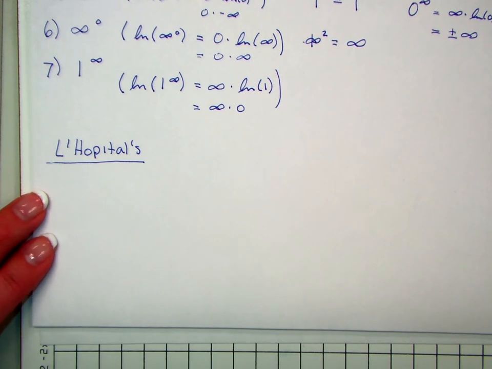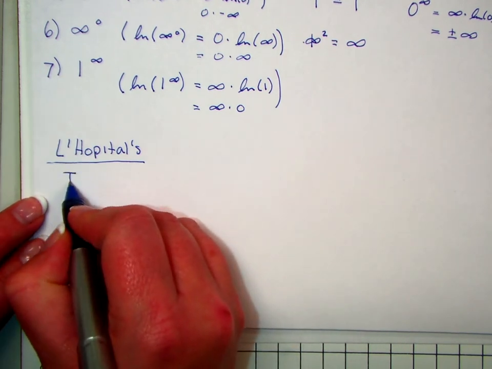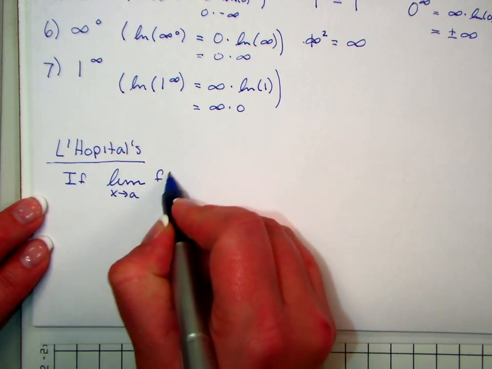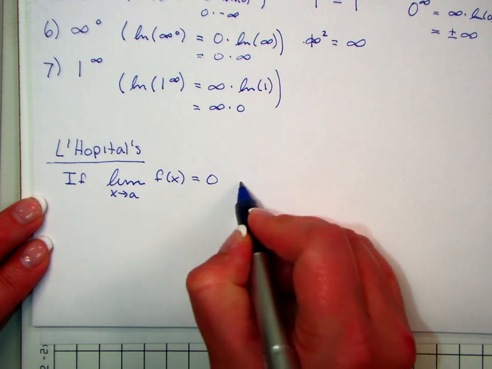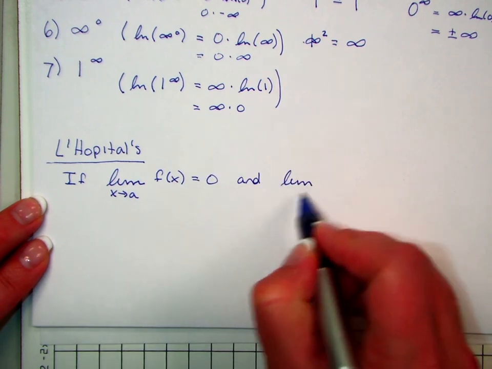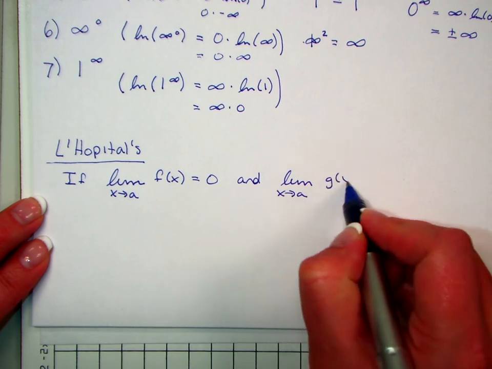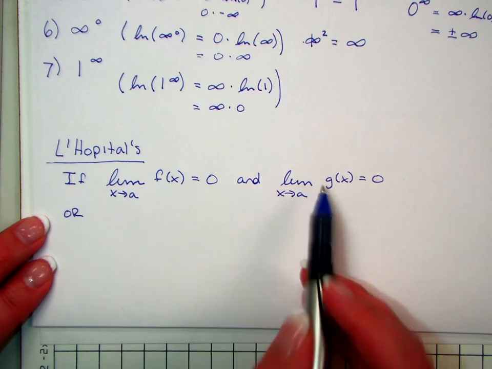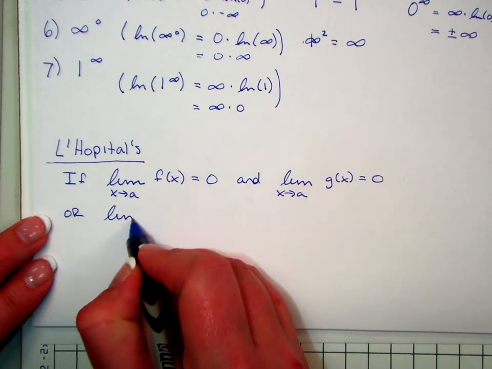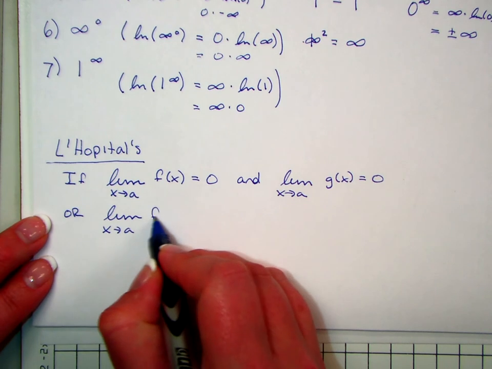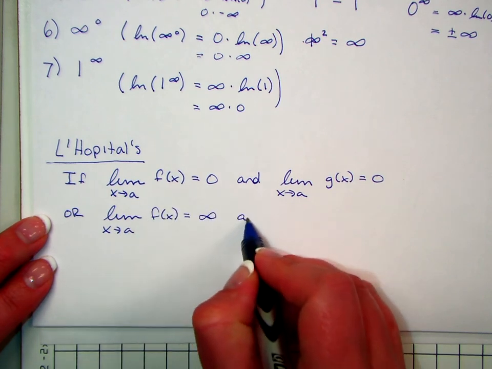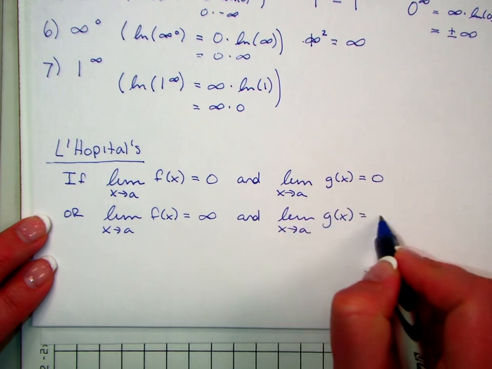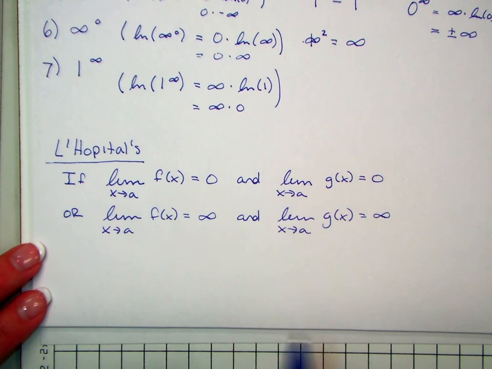So if the limit as x approaches a of f of x equals 0 and the limit as x approaches a of g of x equals 0, so both f and g have to be heading to 0, or both f and g limits head to infinity, plus or minus here, then